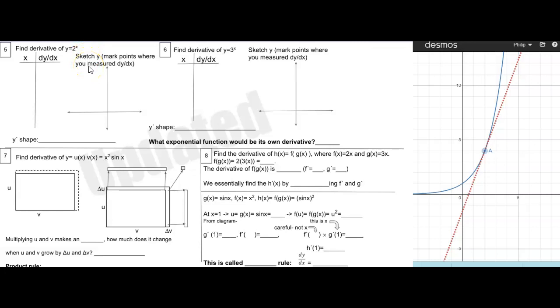So we've talked about the derivative of power functions like x cubed, where we use the power rule. We've talked about the derivative of the natural log function, which happens to be 1 over x. We've talked about the derivative of the sine function, which turns out to be cosine. So now we're going to talk about the last function that you'll be responsible for knowing the derivative of, which